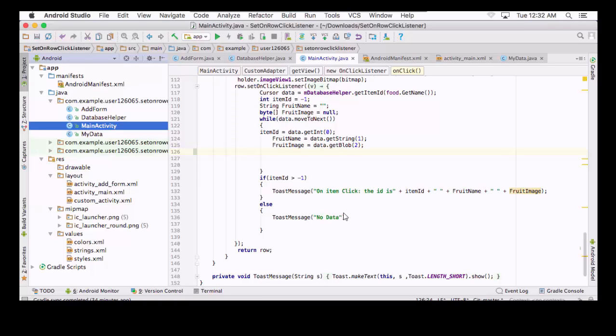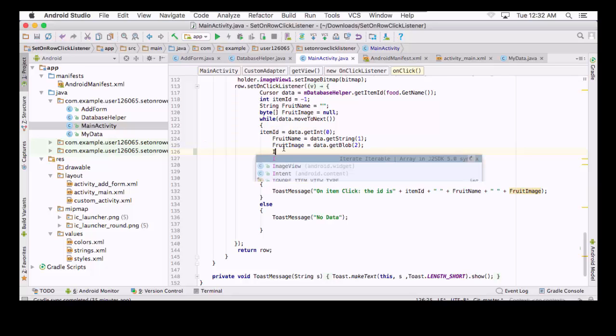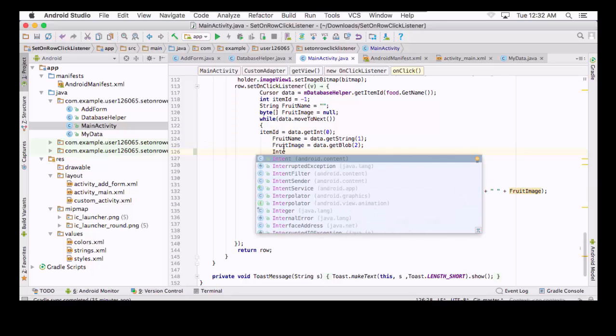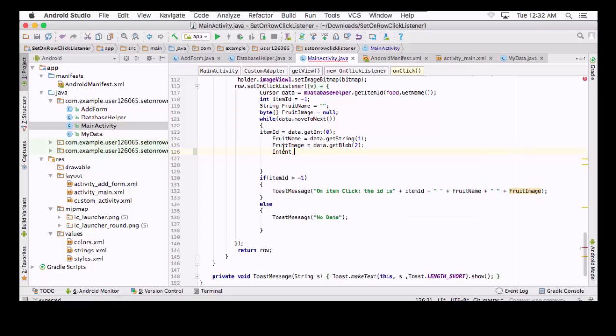So today we are going to learn how we can pass data between two activities using an intent. For this we have to create an intent here. So I am going to define an intent here and I am going to take a variable of intent type. So I'll take this as edit intent